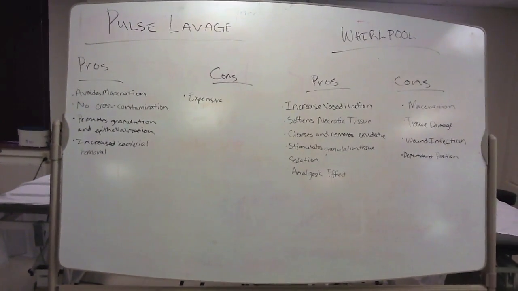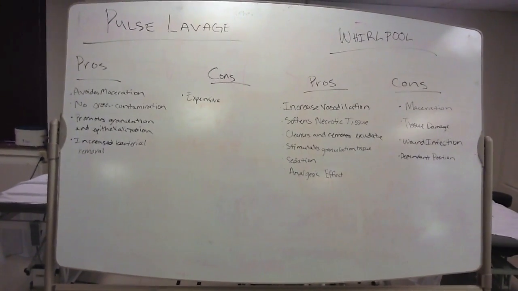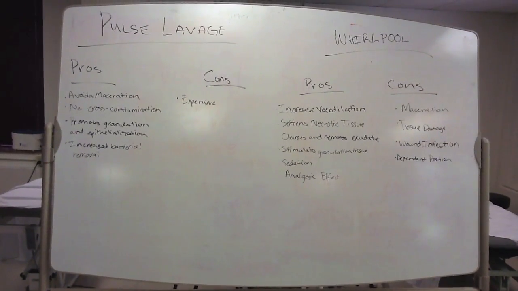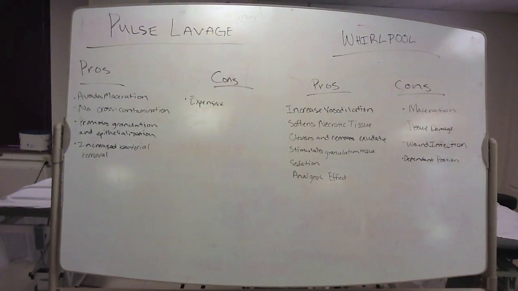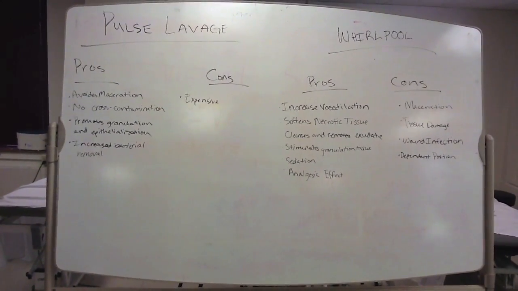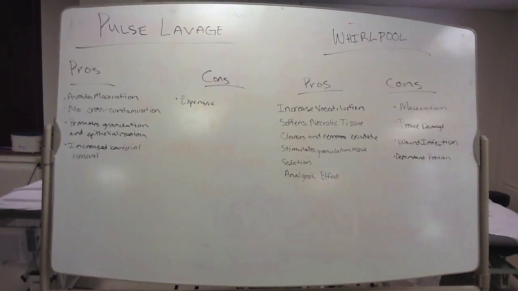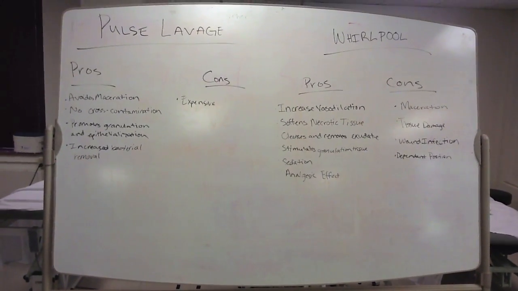You promote granulation and epithelialization, and you also have an increased bacterial removal from the wound. The big con for Pulse Lavage is that it is expensive. You do have to get rid of each device after you've used it once,